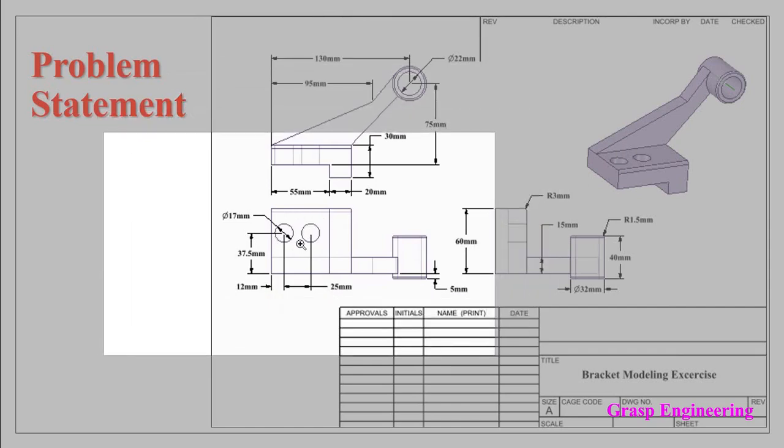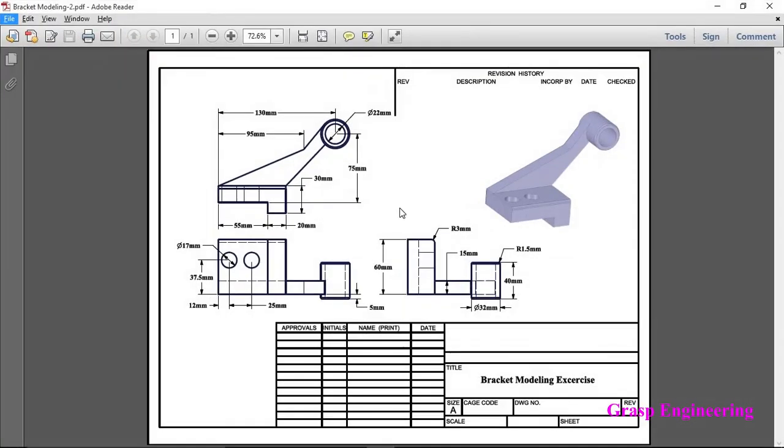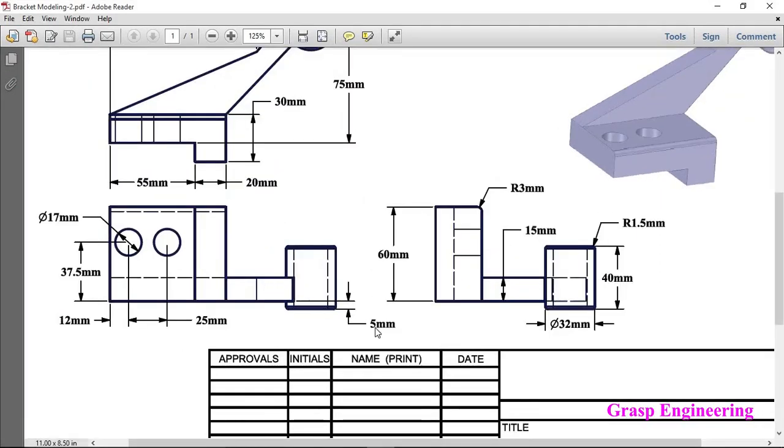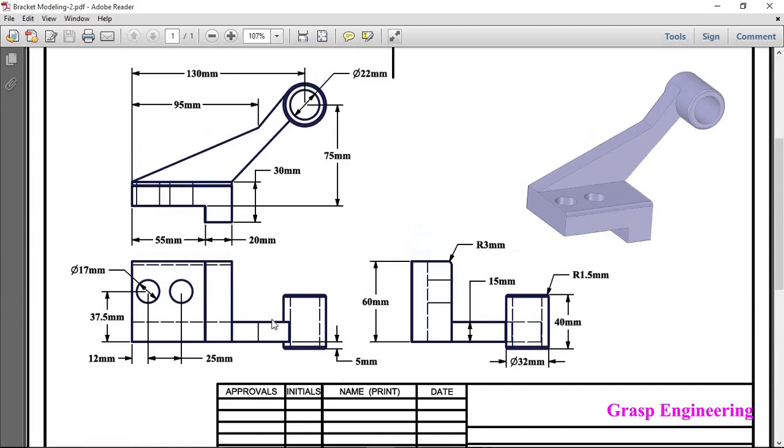When you see the 2D drawings, you will come to know that they look like this. This is your 2D drawing, and if you zoom in, you will find these two holes which we need to drill in the rectangular plate. Here you can also see these hidden lines, which depict that you may have some holes inside, and the dimension for that is 22 mm. And here you can see the outer dimension of this cylinder is 32 mm.